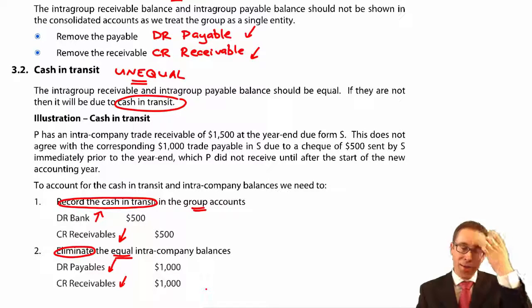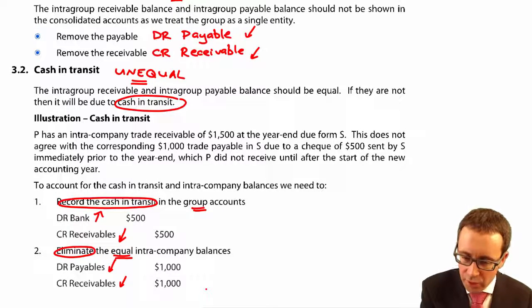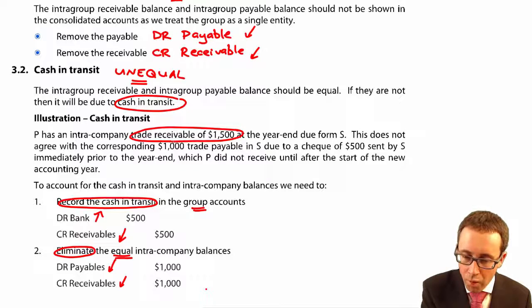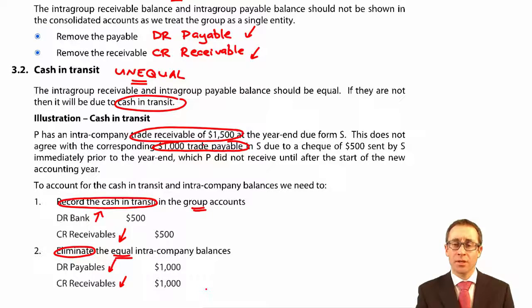And what you can see is if we add the numbers to the illustration, P has an intra-company trade receivable of $1,500 due from the sub. This does not agree with the corresponding $1,000 payable that is in S's books. And the reason there